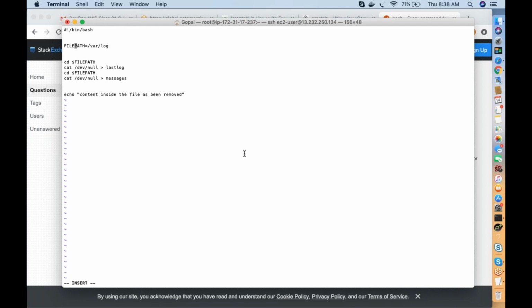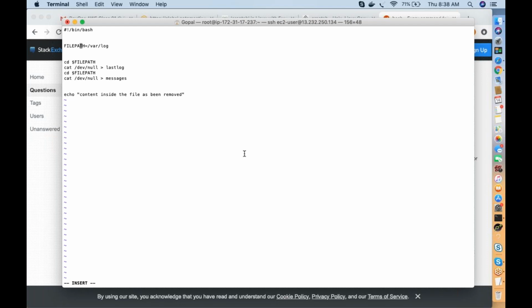When you use PATH as a name, it is recognized as something else and it fails. So now I just renamed my variable as file path. The variable name can be anything.